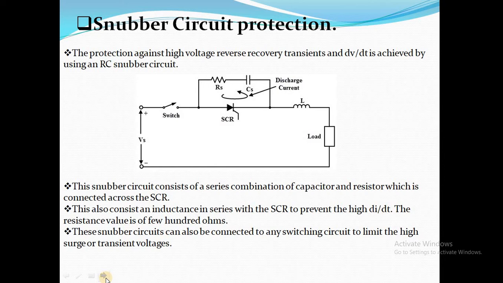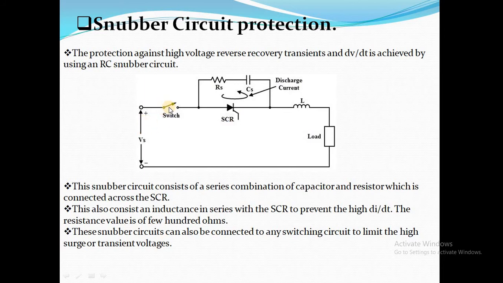So already we have studied about the over voltage. When over voltage is achieved, the SCR is used for the commutation process. Here the SCR is connected across the load and it is operated in forward mode. The anode of the SCR is connected to the positive terminal and the cathode of the SCR is connected to the negative terminal. So normally the SCR is operated in forward mode, and this condition is known as conducting of the SCR.